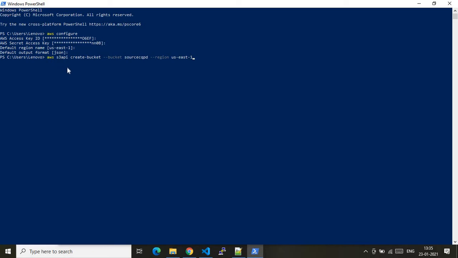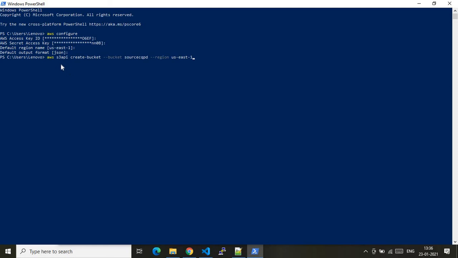Before we run this command, let me give some hints about what AWS S3 bucket replication is. S3 bucket replication is a feature in AWS S3 which makes the data sitting in the primary bucket get replicated to the secondary bucket. This gives you data versioning and also makes your data highly available. So those are the two advantages of S3 bucket replication. With that, let's get started with the demo.